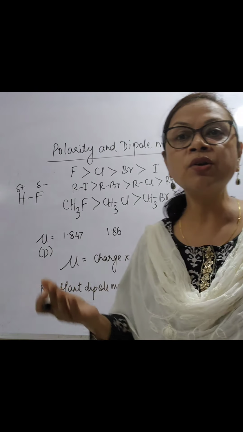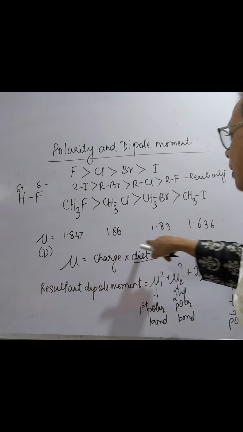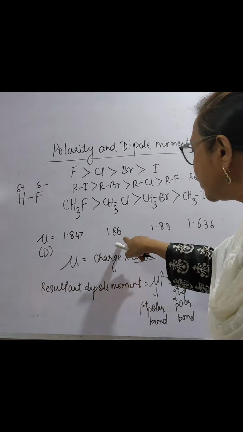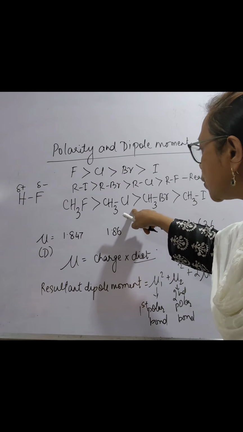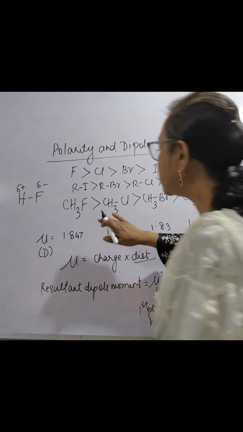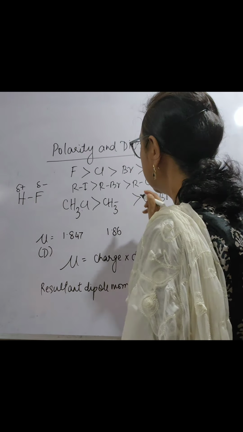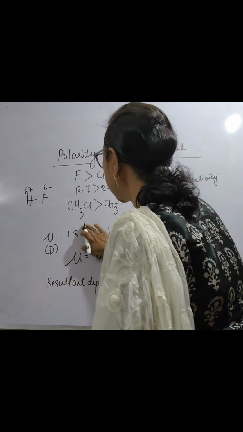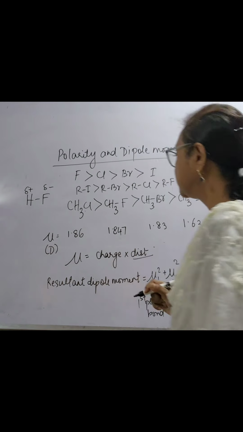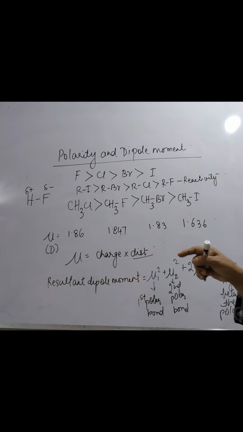Now how do we go about solving this problem of dipole moment? So I just listed down the dipole moments of fluoromethane, chloromethane, bromomethane and iodomethane. If you see, the dipole moment of chloromethane is higher compared to fluoromethane. And how is that? That means I have to interchange the Cl with the F, and this is 1.86 and this is 1.487. Right? So this is the trend of the dipole moment which I have mentioned.